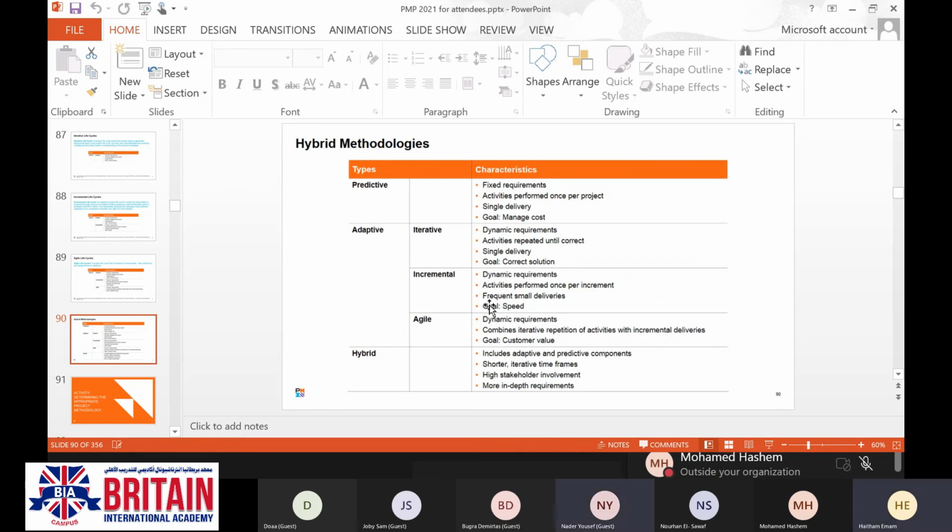And the most important thing in the incremental is the speed, which is use immediately. Agile is about customer value. Hybrid is mixing between each and every one of these methodologies. Is it clear for you? Yeah, it's clear for me.